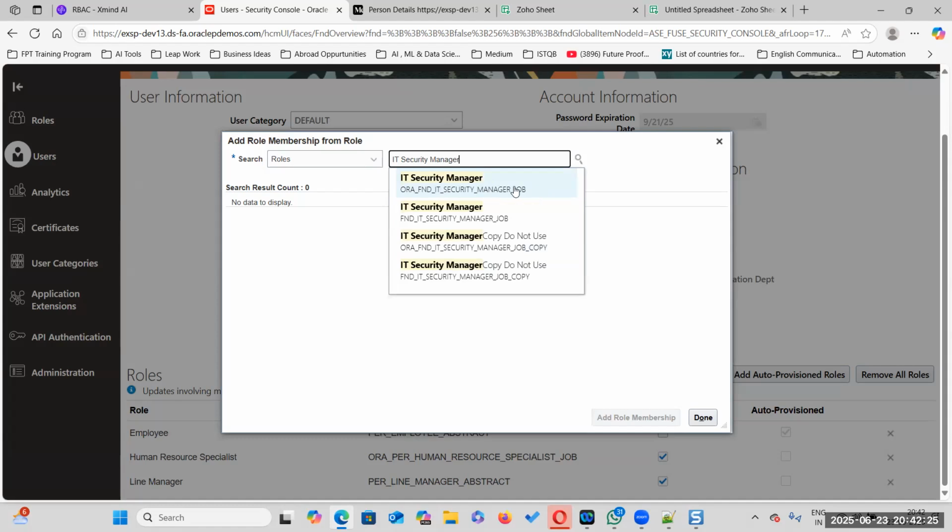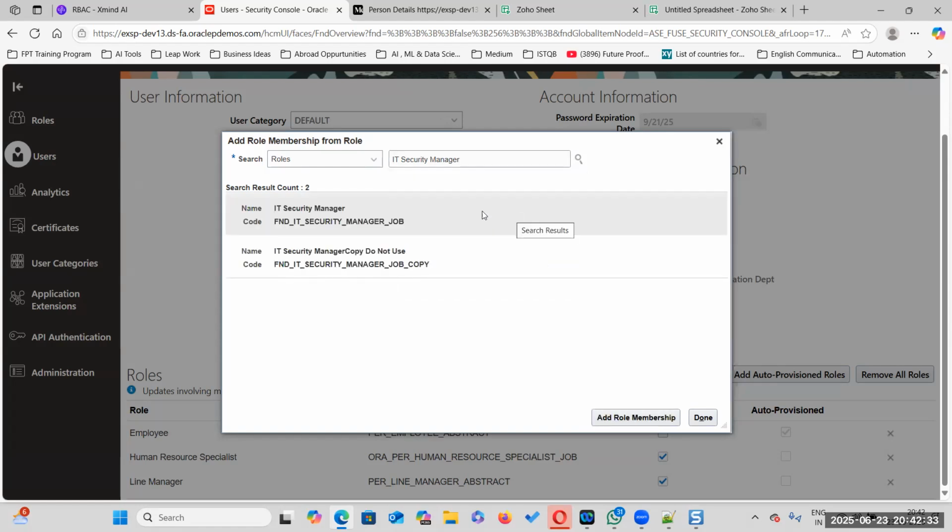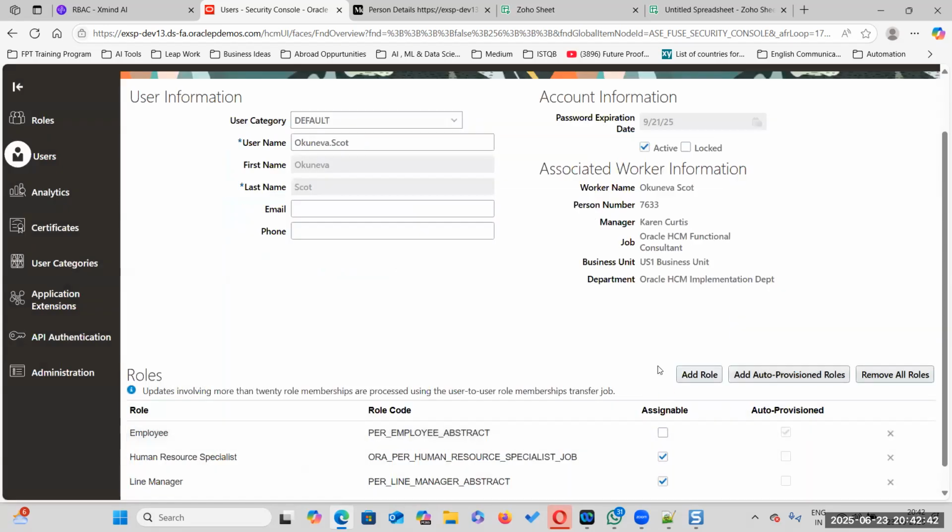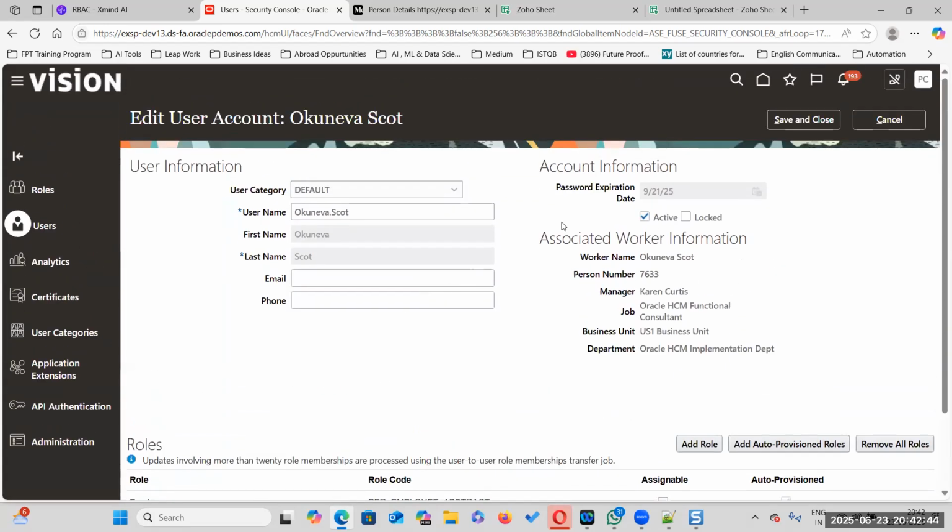Aura underscore IT security manager or FND underscore IT security manager? You mentioned FND. FND underscore IT security manager. Click on add role membership. Click on done.